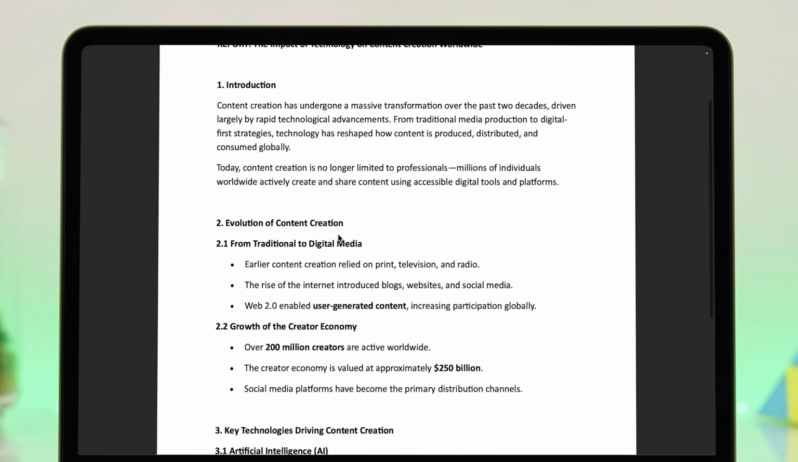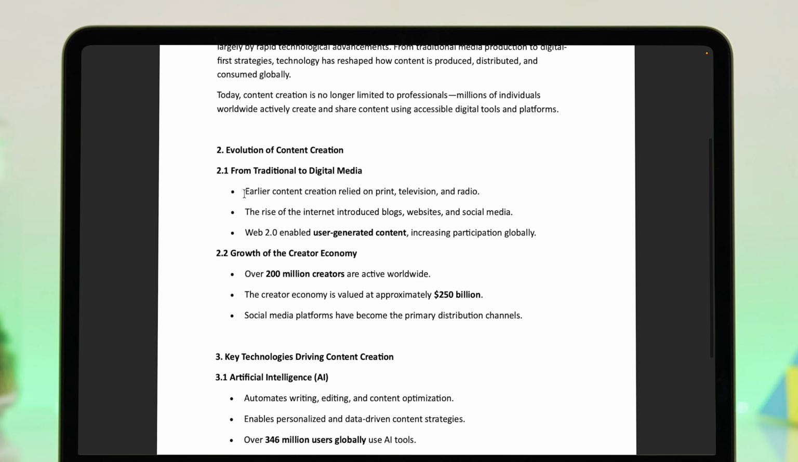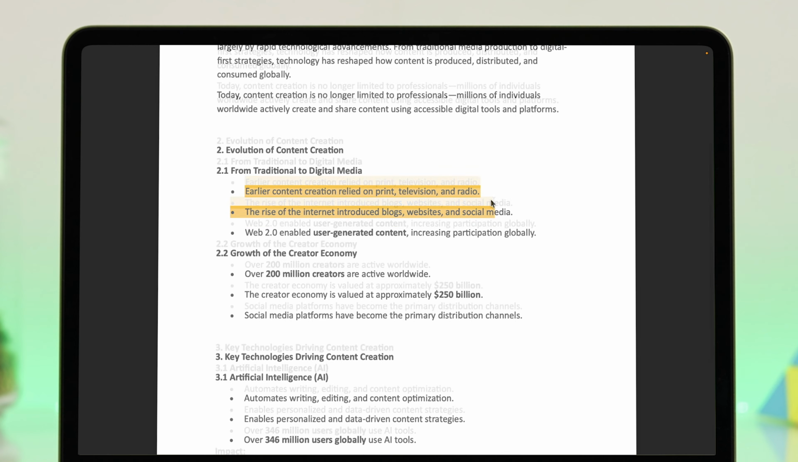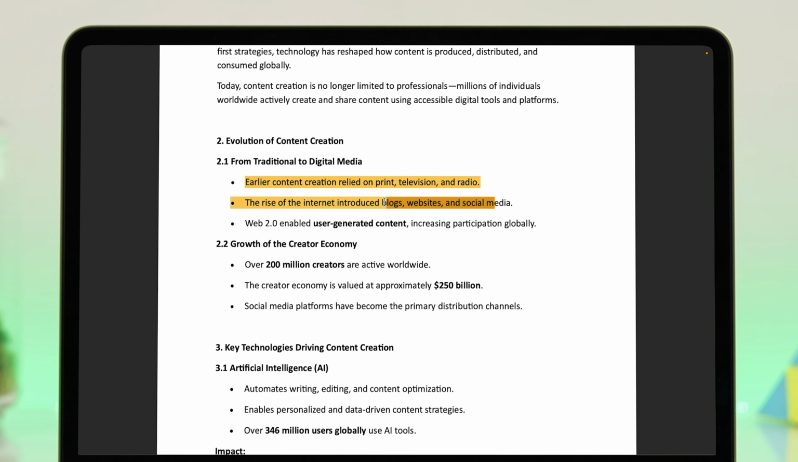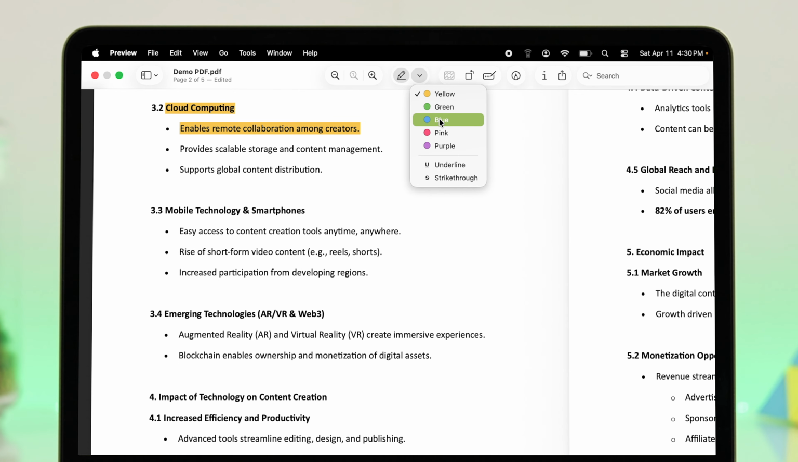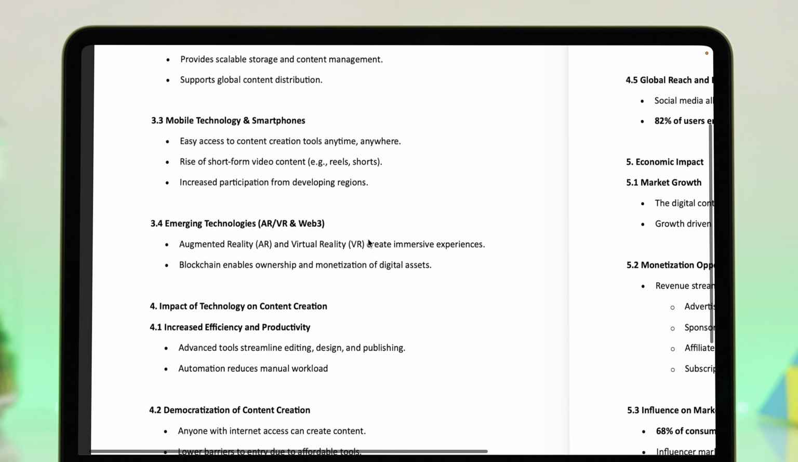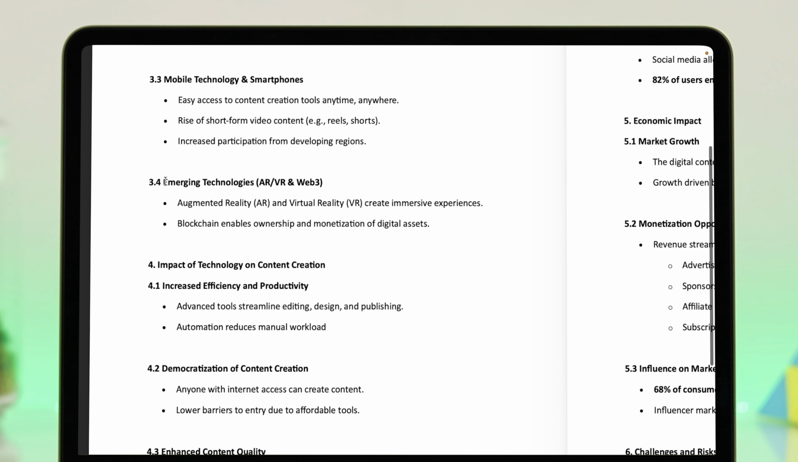Now, simply click and drag over the text or paragraph you want to highlight. It will instantly be highlighted. You can also reverse the gesture, and it will undo the highlighted area. You can repeat the same steps to highlight different sections using different colors, perfect for organizing notes or marking important